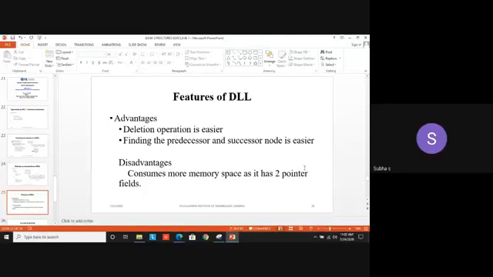Always pointers hold more memory space. Specifically, we are using 2 pointers, forward link and backward link. So it obviously consumes more memory space. Though it has this disadvantage, as it has more advantages, we are still using it in many operations. Okay. So that's all about your doubly linked list.